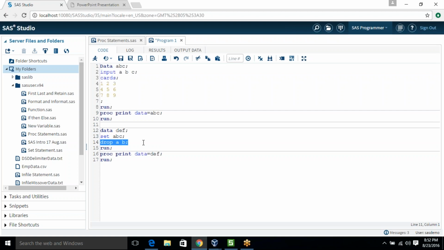Keep and drop are very important when we are dealing with a lot of variables. So when you have to keep or when you have to drop some of the variables, then you can use these two options: keep and drop.